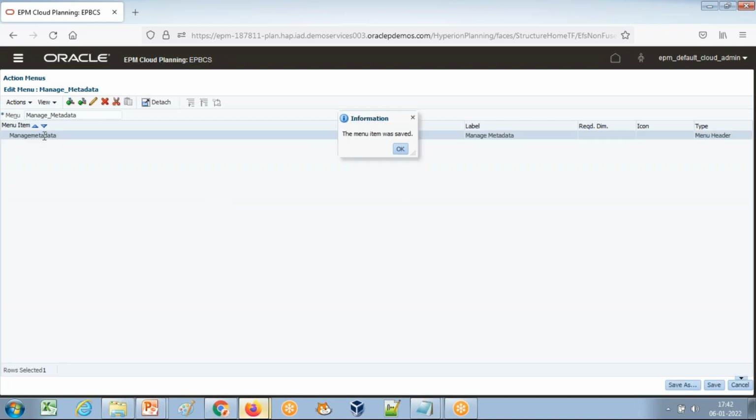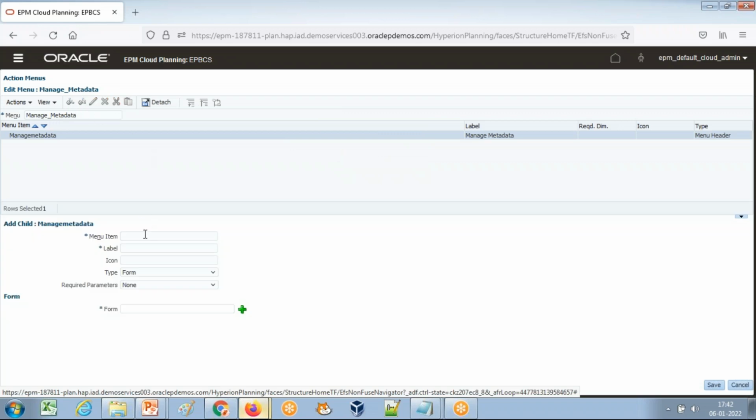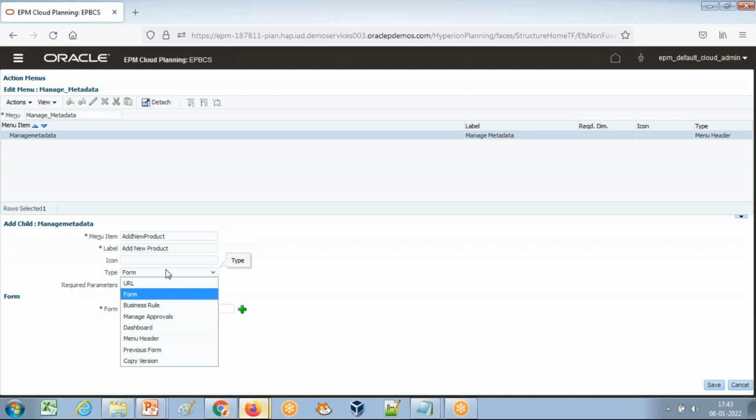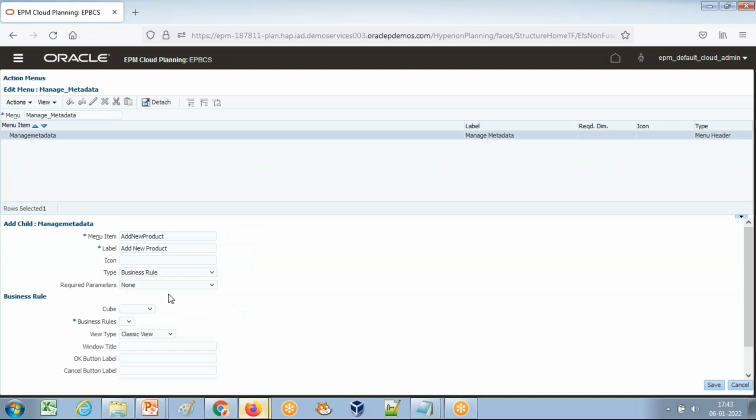Under this menu header, I'm going to create one child named add new product. In the label, I'm going to give spaces: add space new space product, of type business rule.